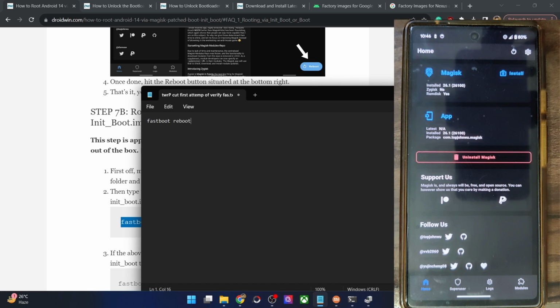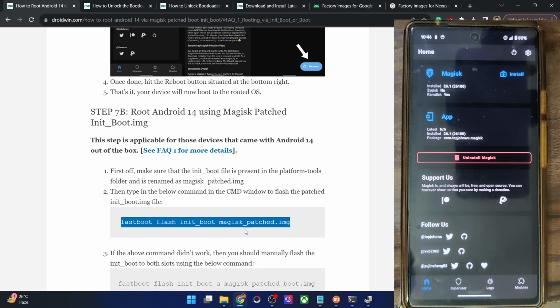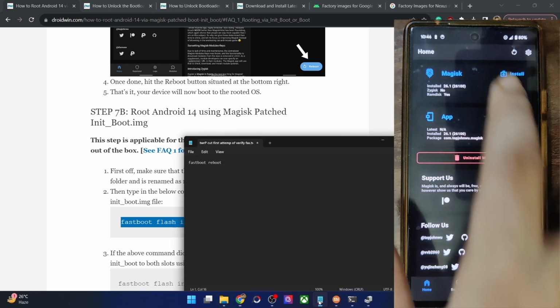In some phones, you might get a pop-up which would say that it requires some additional dependency to be installed. So if you're getting a pop-up of additional dependency, just tap on OK, and Magisk will then ask you to do a direct install. So do a direct install and your phone will undergo a reboot, and after that you will obtain root. So on most phones, simply execute the fastboot flash init boot command, and then do a fastboot reboot, and your phone will then boot to the OS and it should obtain root.